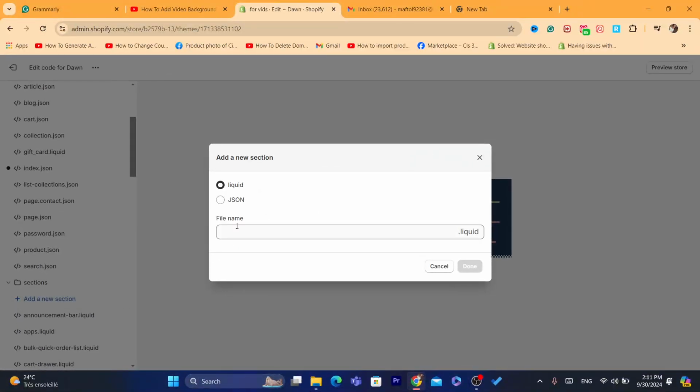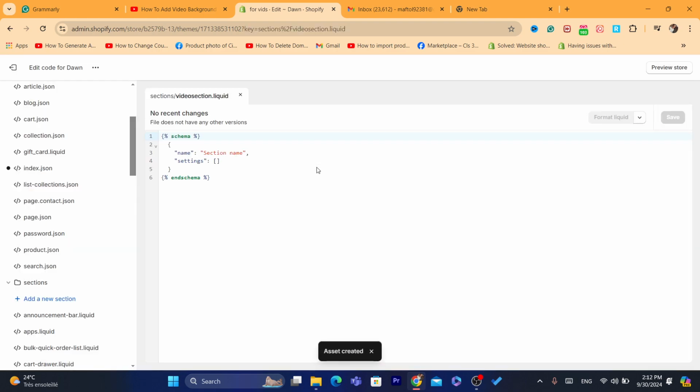Now the new section, you want to name the file video section. Make sure there is no space between video and section. After that you want to click on done. Now after that you want to just